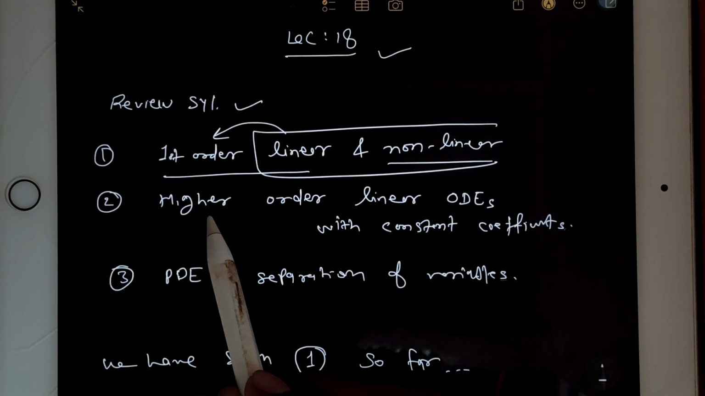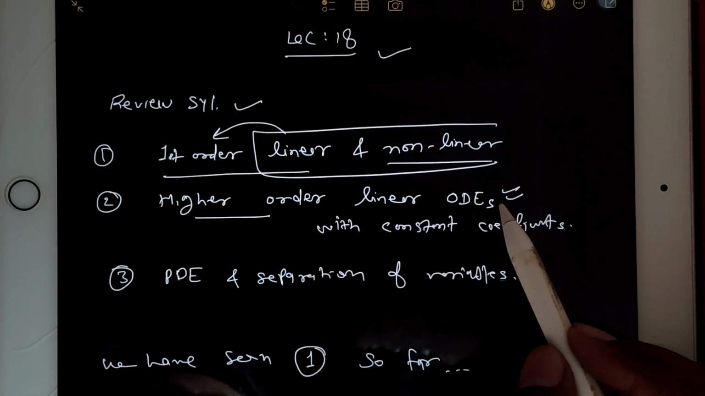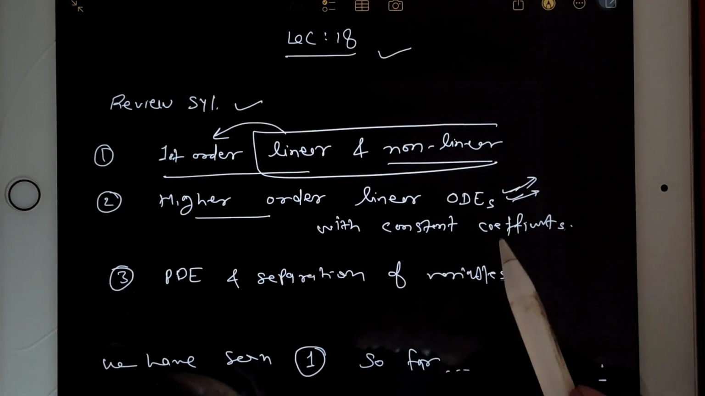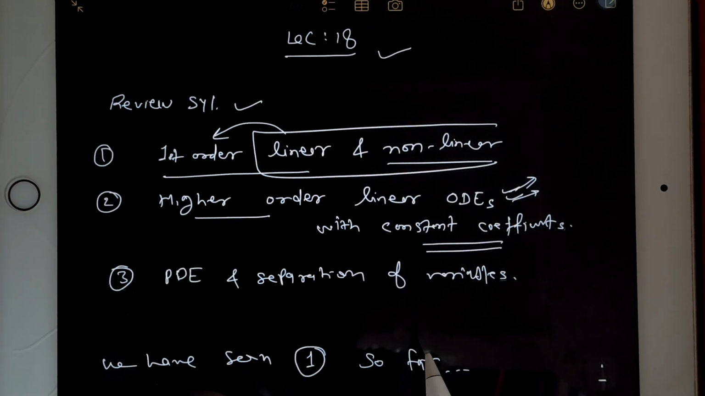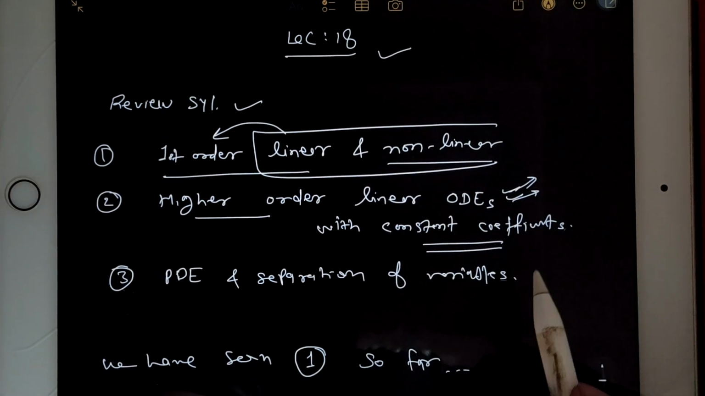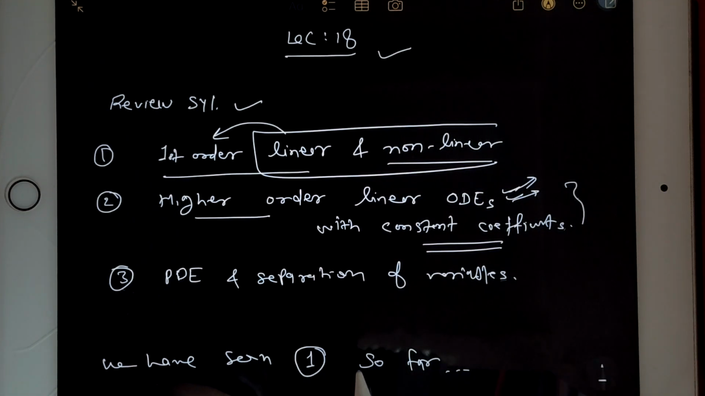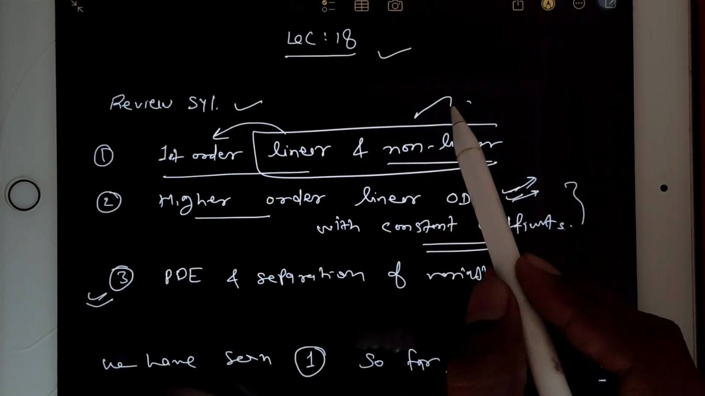Then we have to go to higher order linear ODEs. But in higher order linear ODEs, two types of situations are there. One is constant coefficient and one is variable coefficients. So I will deal with this later, and then we'll enter the PDE. Now in this we have done everything, but